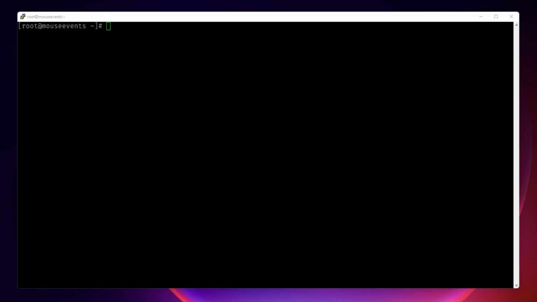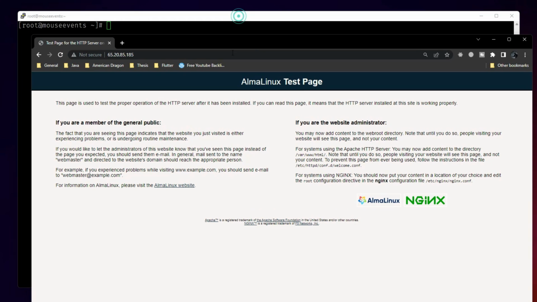Now what you are seeing on screen is my PuTTY terminal, which is connected to my Linux machine running in a remote cloud server. I will open up my browser, and I have given the IP address, which is not my IP address. It is the IP address of the Linux machine running in the cloud, and I'm able to reach it as well. So I followed the same steps as we did in the previous session for our local virtual